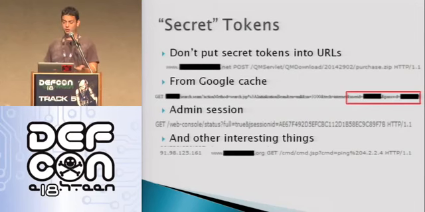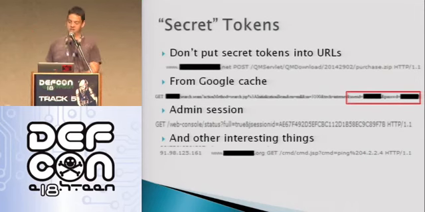I found this next one in the Google cache. It's a blacked out large retailer that you would have heard of, and a plain text user ID and password in the URL. This third one is really broken. If you are an admin in the JBoss web console viewing the status page, it's going to helpfully put your session ID right here as a parameter. So all you really need to do as an attacker, if you get the status servlet, is wait for an admin to go driving around in there and grab this.